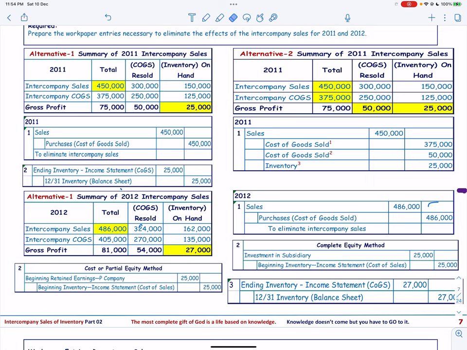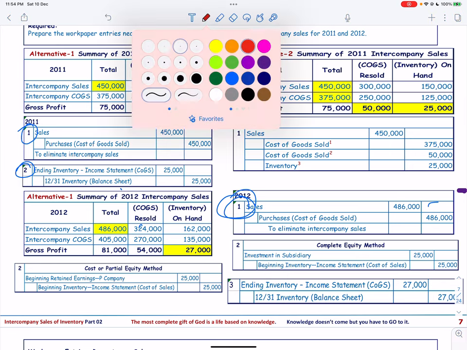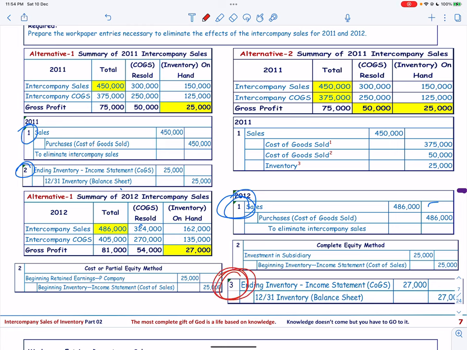First of all, we have eliminated the intercompany sales. Then the second one was that the intercompany profit in the ending inventory was eliminated. This was the first and second. Now these 2 elimination entries will be done in upstream sales also. However, while making the third one, when we are eliminating the deferred unrealized profit,